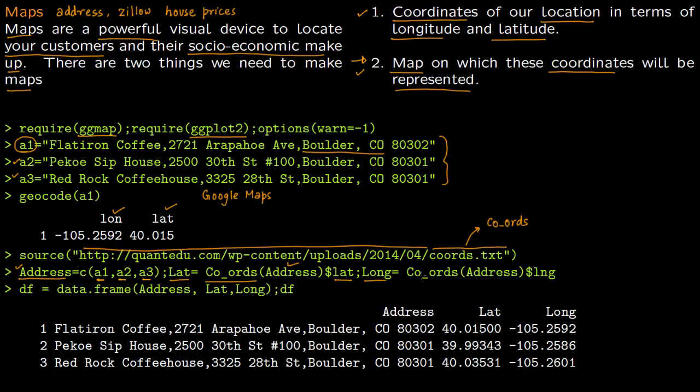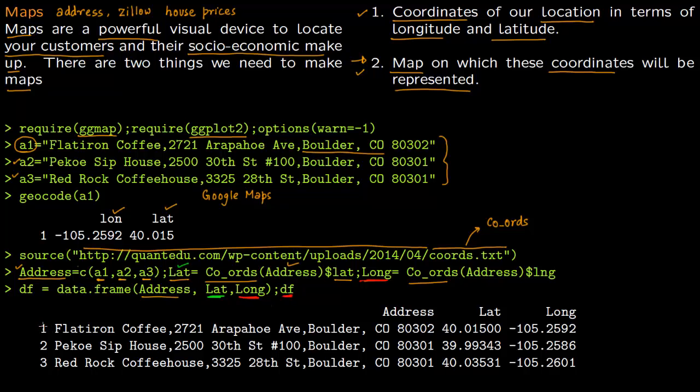Similarly, you can get the longitude. And I'm going to make a data frame now with the address, then the latitude right here, and then the longitude which comes right here. So we make a data frame, and then I will print the data frame.